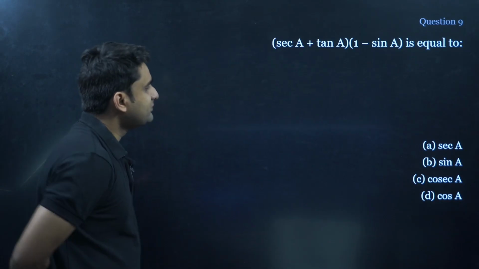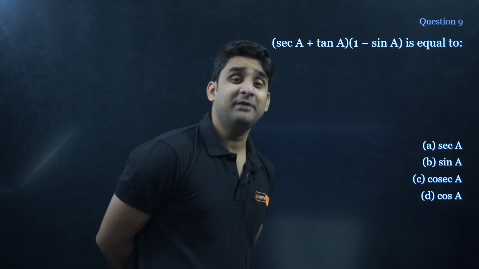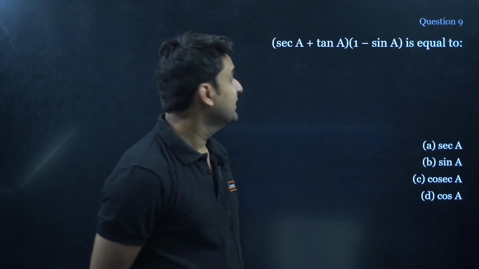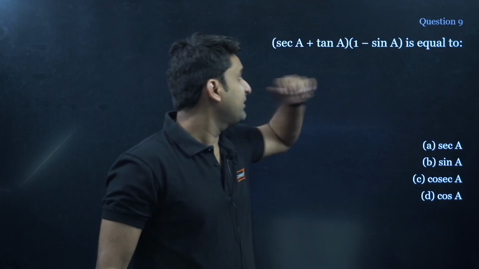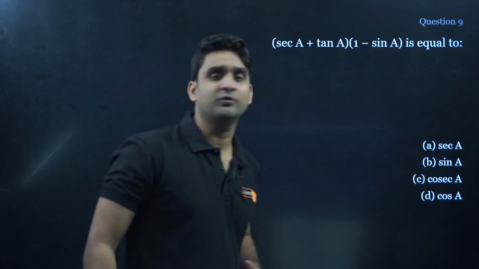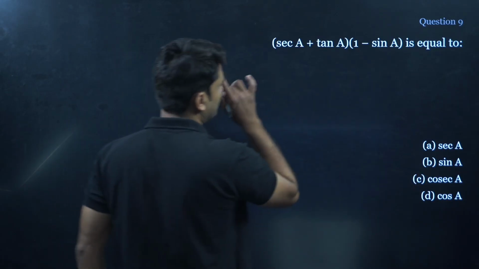Go and watch that video. 2 videos already have been uploaded on the channel. Okay. So look at the question. Sec a plus tan a, we have 2 brackets again. Sec a plus tan a under bracket into 1 minus sin a is equal to what? So we have 4 options. Okay. So the question here is